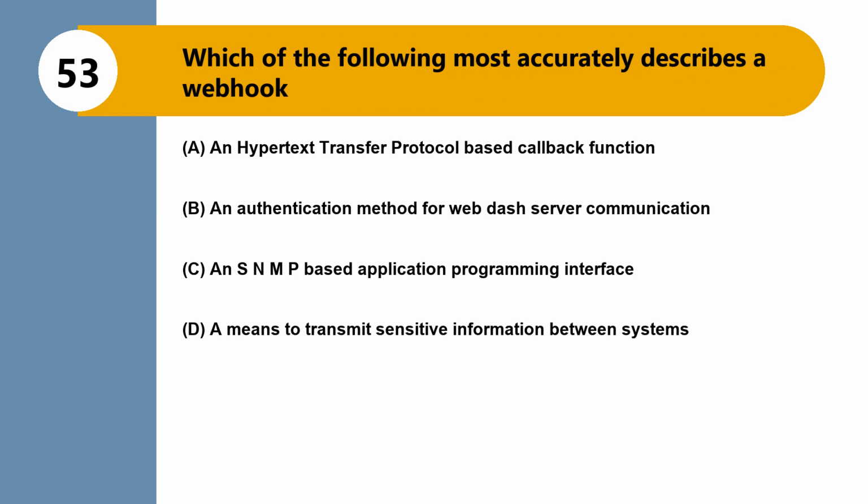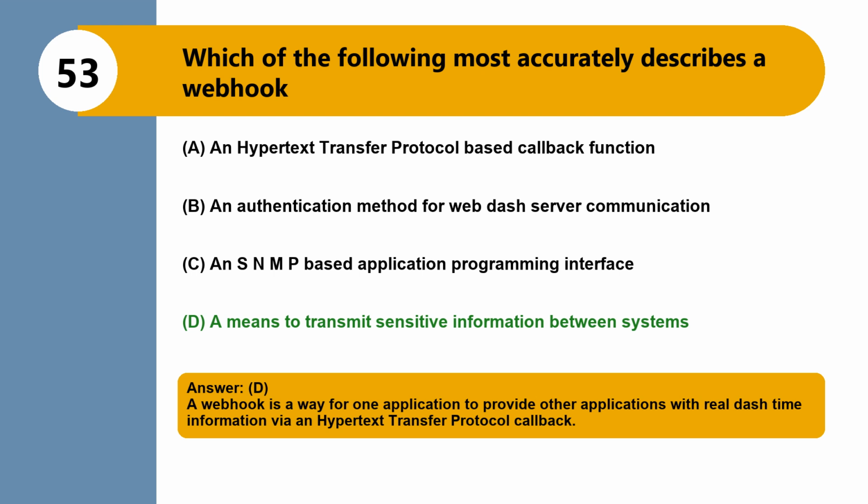Question 53. Which of the following most accurately describes a webhook? Option A, an hypertext transfer protocol-based callback function. Option B, an authentication method for web-server communication. Option C, an SNMP-based application programming interface. Option D, a means to transmit sensitive information between systems. The correct answer is option D, a means to transmit sensitive information between systems. A webhook is a way for one application to provide other applications with real-time information via an hypertext transfer protocol